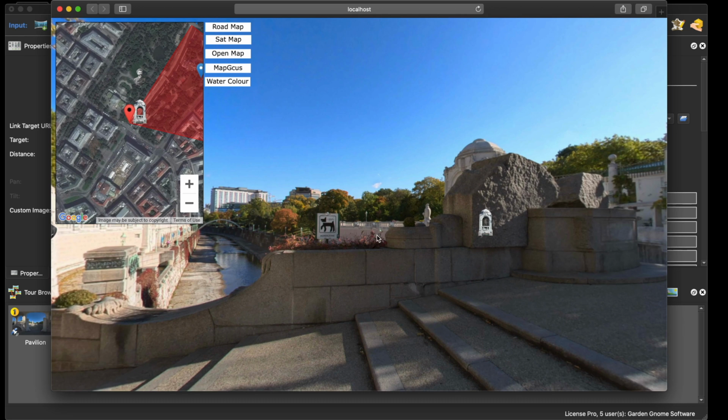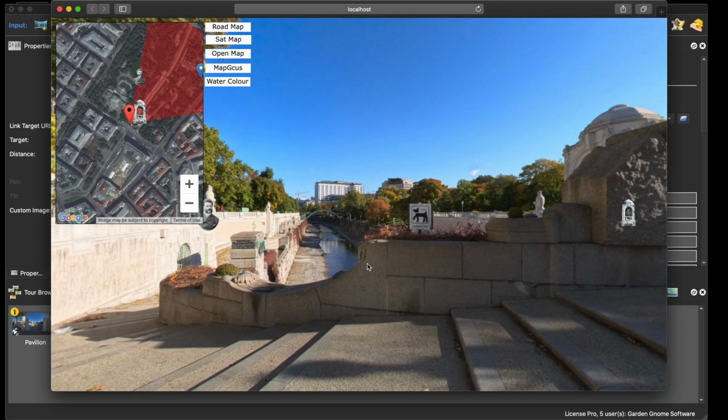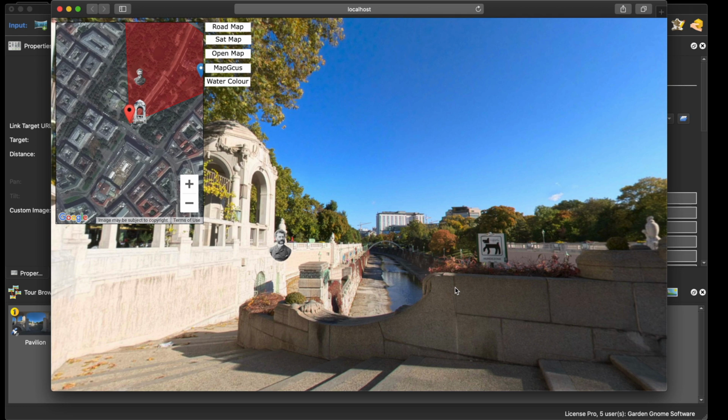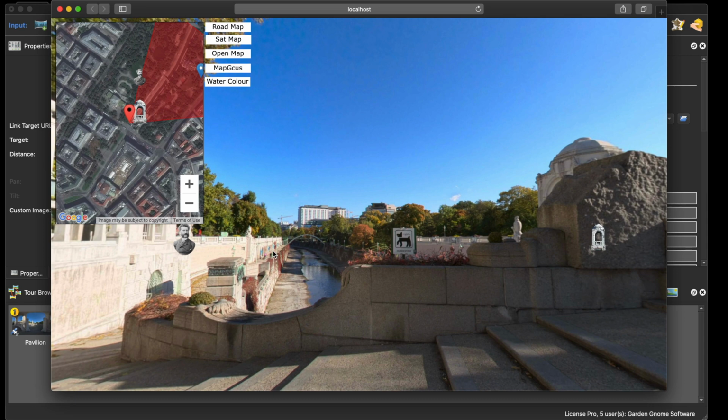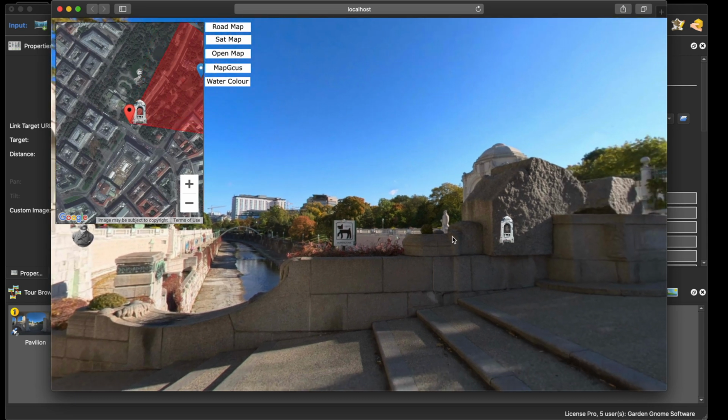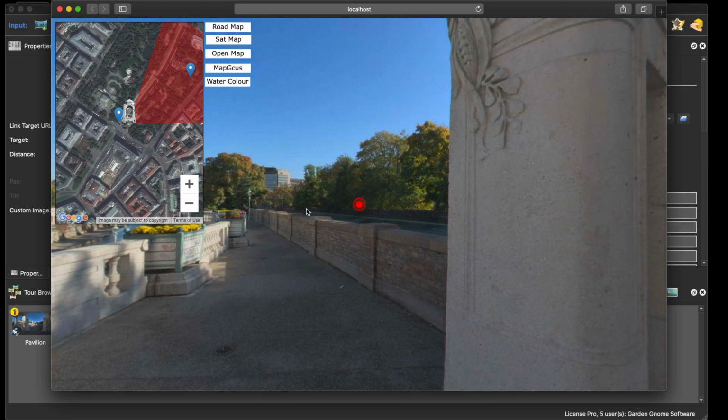Now the custom node image is a really great quick way of doing it. If you want custom nodes and you don't want to go into the skin, so if you didn't have a map or any of this other palaver, you just basically wanted a standard tour with hotspots, but you wanted custom images, that's all you would do. You don't have to touch the skin, don't have to do anything. All right, it's as simple as that. But